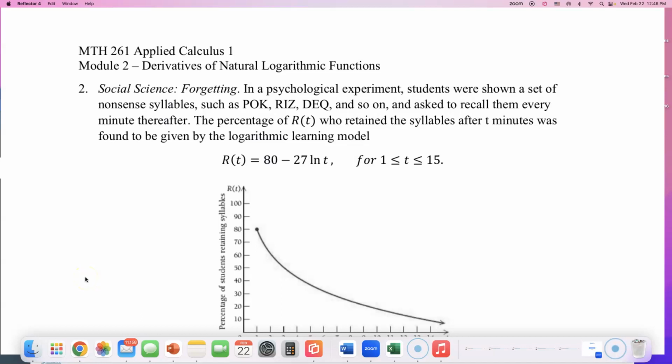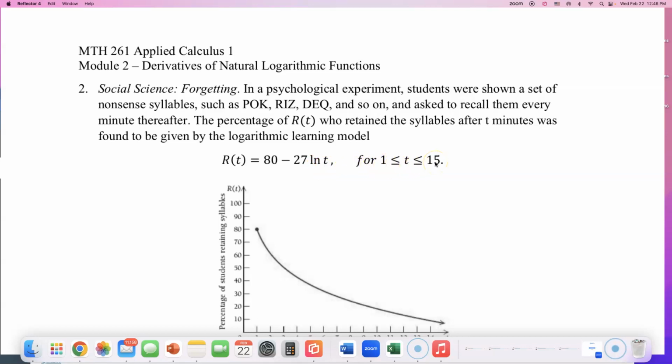Let's look at the social science example on forgetting. In a psychological experiment, students were shown a set of nonsense syllables such as POK, RITZ, or DQ, and so on, and asked to recall them every minute thereafter. The percentage R of t who retained the syllable after t minutes was found to be given by the logarithmic learning model. R of t equals 80 minus 27 times natural log of t